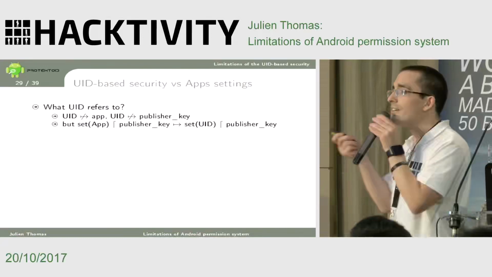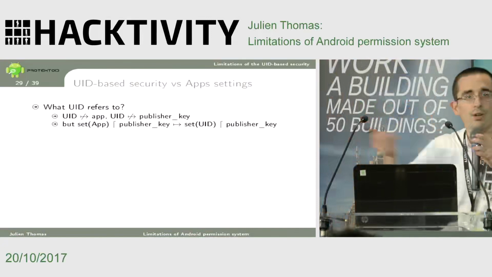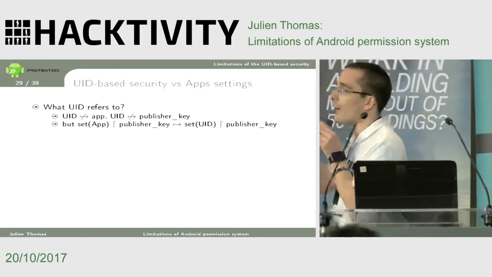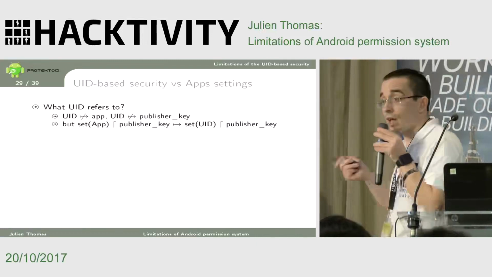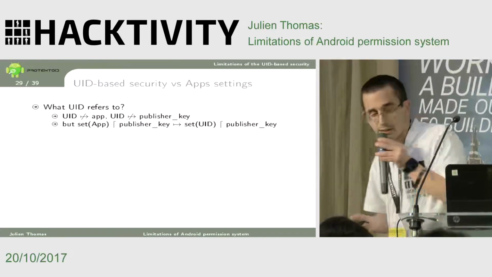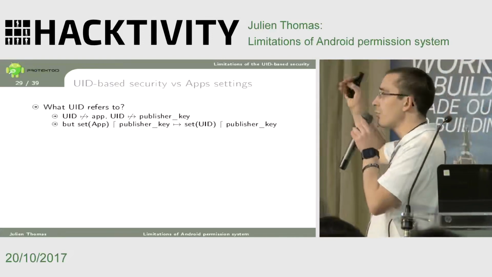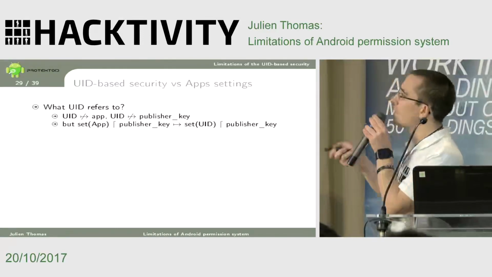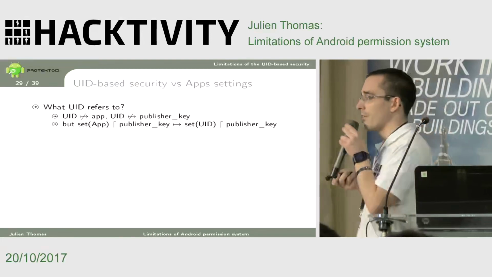What UID is, in fact, is a very complicated subject on Android, because UID is not associated to an app, because of shared UID. It's not associated to a publisher key either, because you may have multiple applications made by the same developers that don't have the same UID. If they don't have the same shared user ID, each application has its own UID. But the set of UIDs is included within the set of applications. So it's kind of a mix: a set of UIDs belongs to a publisher and only a publisher, but it's not per application.